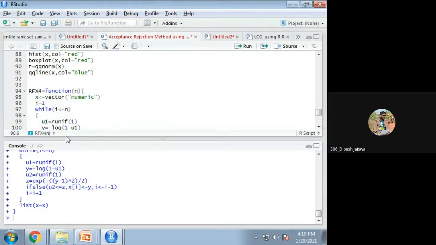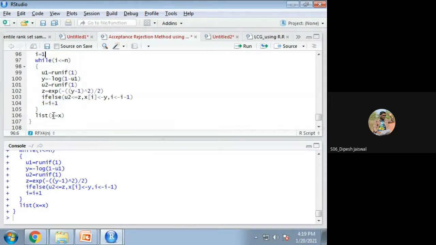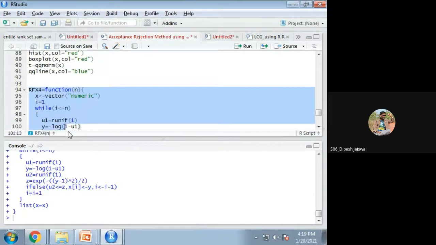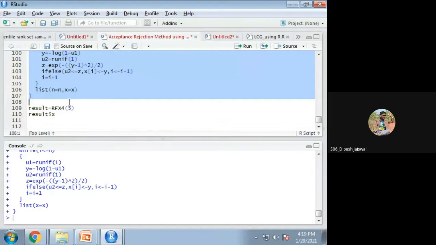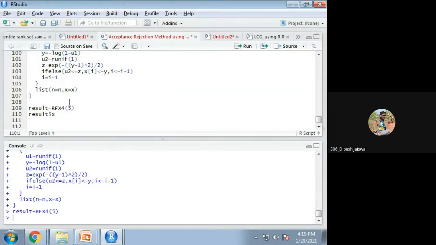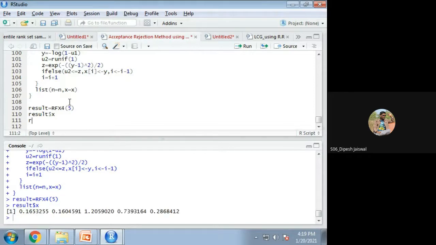Suppose if you are writing here list equal to n comma n equal to n, I don't know whether it will understand or not. Let us check. Then we will generate 5 result x.